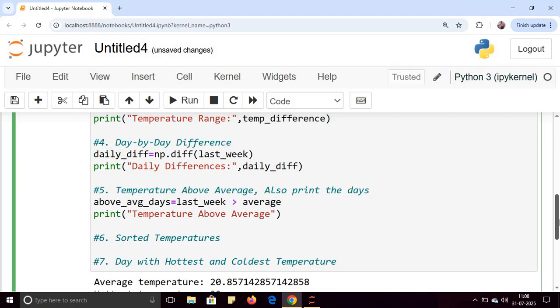So see, I have found this variable above average days, and now I will pass this value here. I will pass this value in the array. So last week, and here I will pass above average days. So let's first of all run this,